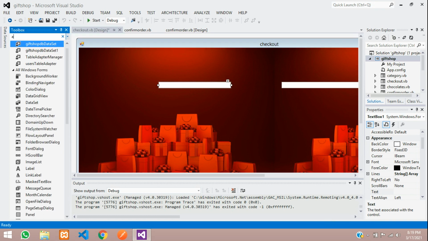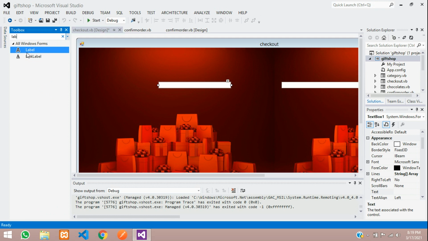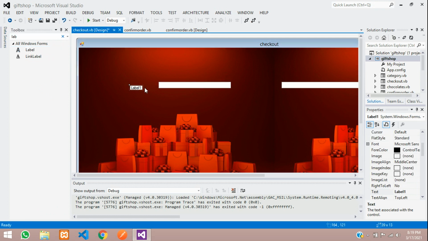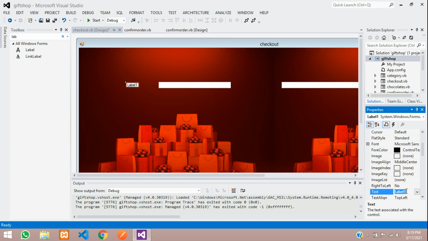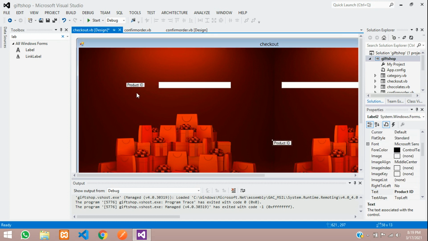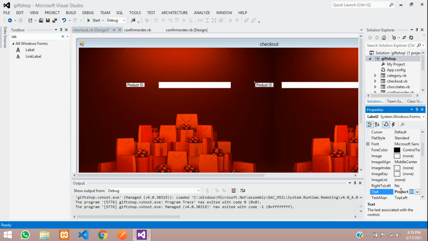Let us add a label here. The label text will be product ID. Copy and paste, and say product name.